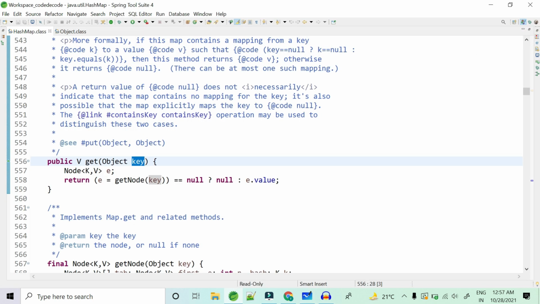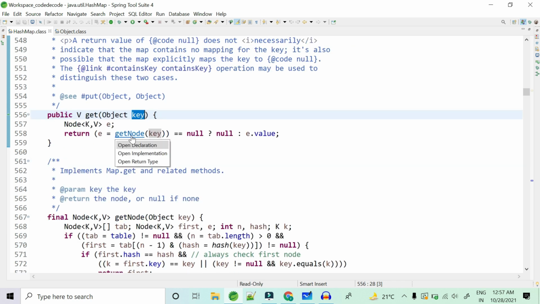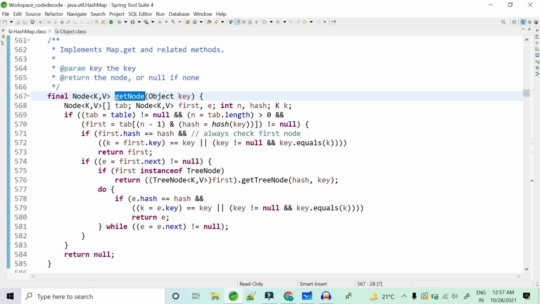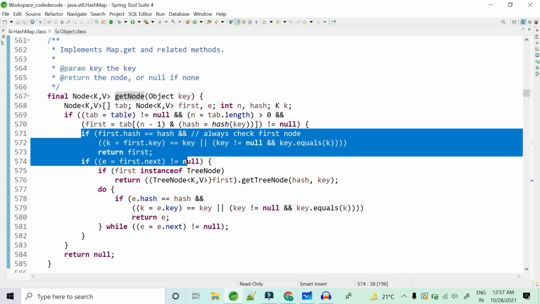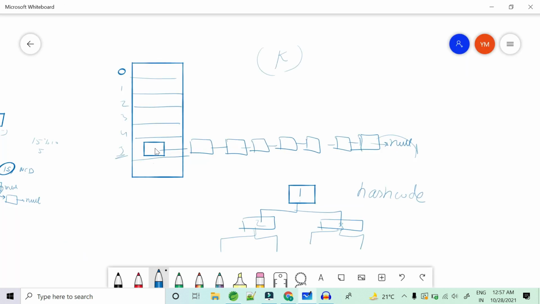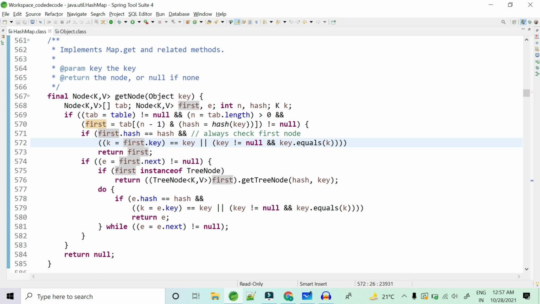Now this get method, you give a key. What is the first thing that you will do? The getNode method is called. The first thing that you do is again calculate the hash code. Once the hash code is calculated, then comes the check. The first check is always the first node. This is done for performance purposes. It says that if my object is the first node, return it as soon as you get it. This increases your performance. So how do you check whether it is the first one? You are given a key. You check whether the key is equal by address comparison or the key is equal by dot equals comparison, that is content comparison. In both cases, if you find both are equal, return the first element, and this is complexity of order 1.